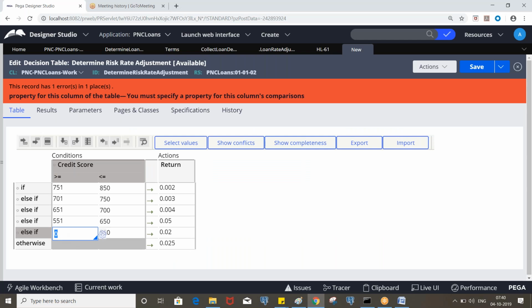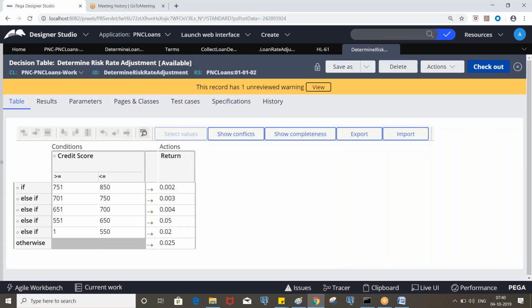So if it is none of those, it will go to otherwise and it will return 0.025. So the sequence can be any way.